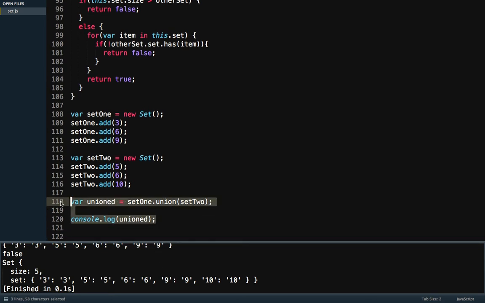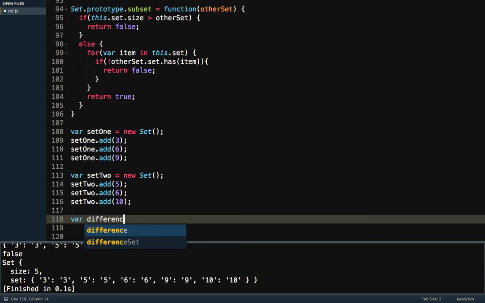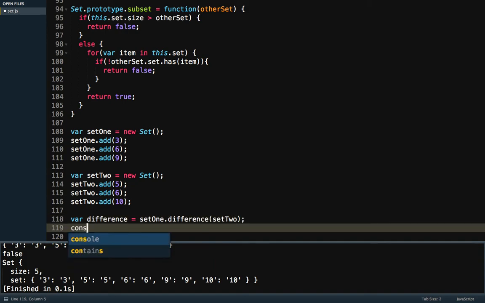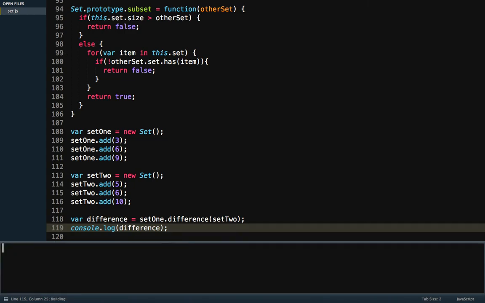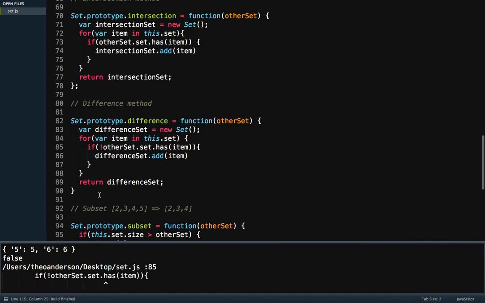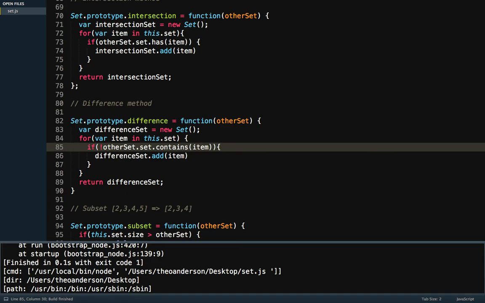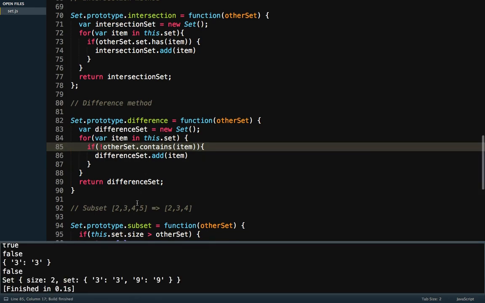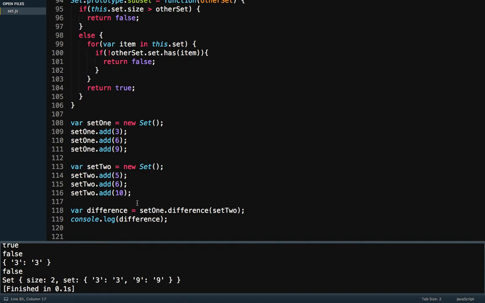Now let's try and do a difference equal to set1.difference(set2), and let's log out difference to the console. Again, messed up, 85. I keep calling it contains. Okay, so let's try this again. And this does set other set. Okay, so now this time what we get in difference is a set with a size of 2